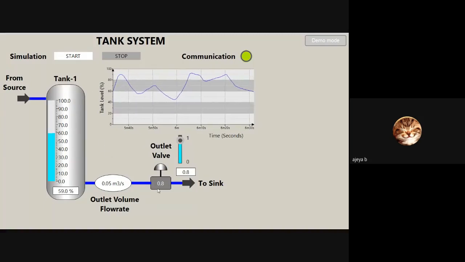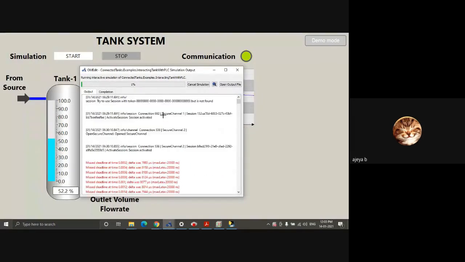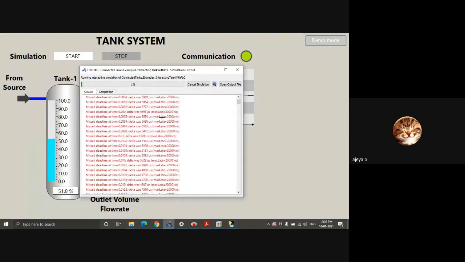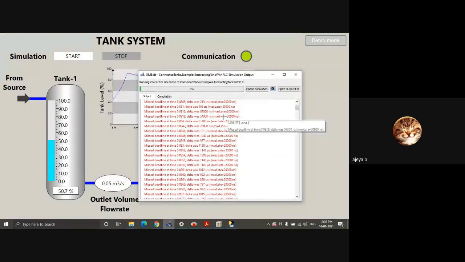Here in OpenModelica, you can see that the simulation has started. See, 1% it is, and since it is running in real time on the same laptop, there might be a little delay. When you say real time control, it works in microseconds or nanoseconds. Modelica expects microseconds, but CodeSys won't be able to give it in that time.